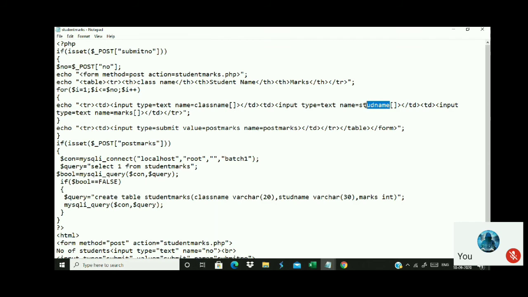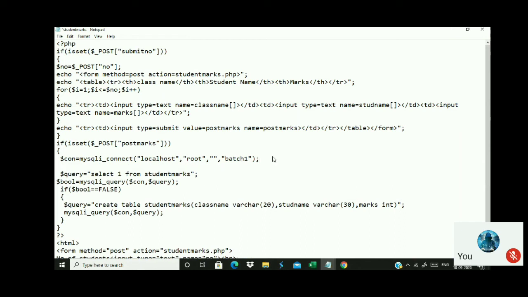Class name, student name, marks is called a text box array. Now how to collect this data from here? So what I'm going to do is simply make it as class name. Same concept, no specialization needed. Even if it is a single text box or a text box array, collecting the data is similar. Only extraction is different. While extracting, you have to make a minor modification.